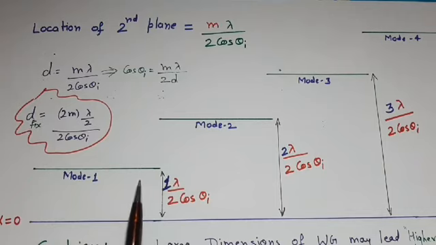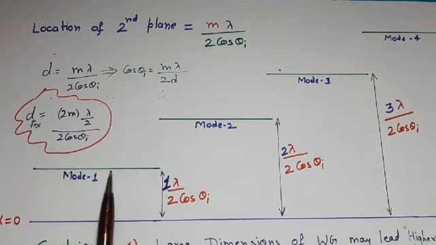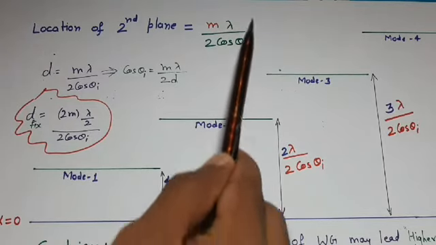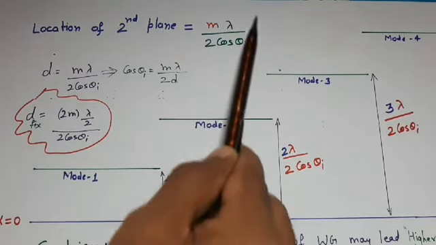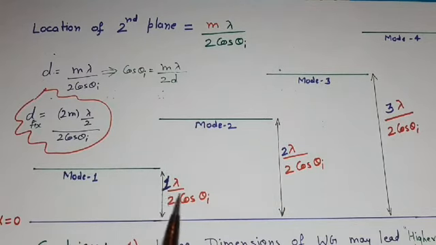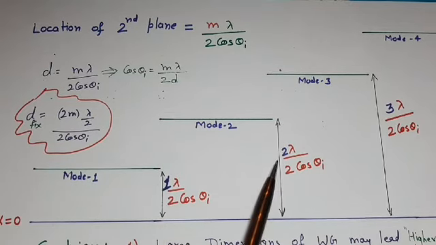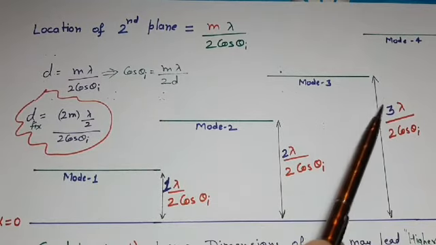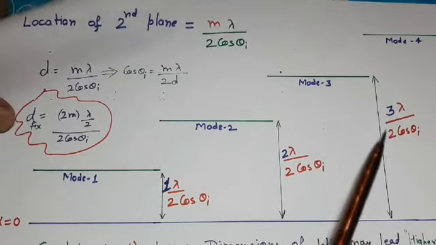Here we are not going into the derivation part, but we should always remember, if we want to satisfy the boundary condition, then the difference between these two planes must be an integral multiple of lambda upon 2 cos of theta I. It means we can put this second plane at x is equal to lambda upon 2 cos theta I. We can also put it at x is equal to 2 lambda upon 2 cos of theta I. Similarly, at x is equal to 3 lambda upon 2 cos of theta I, and so on.